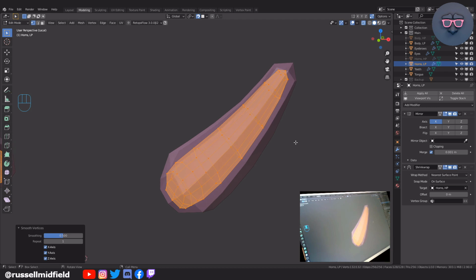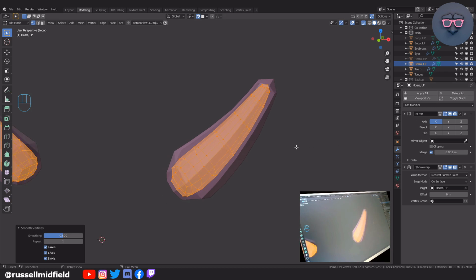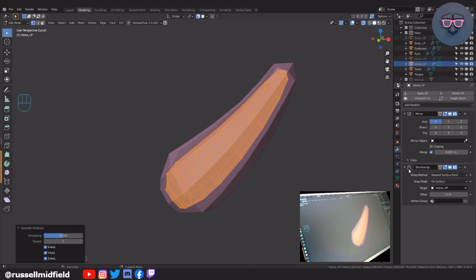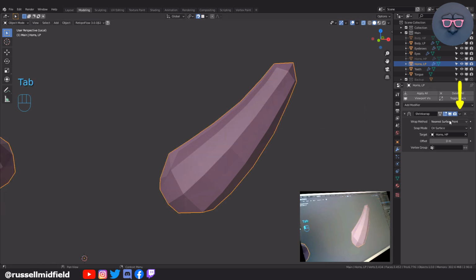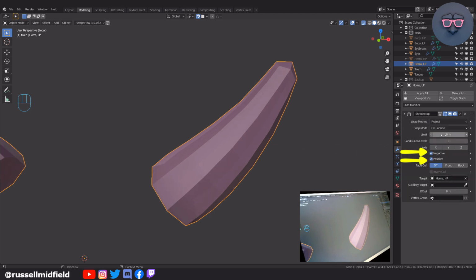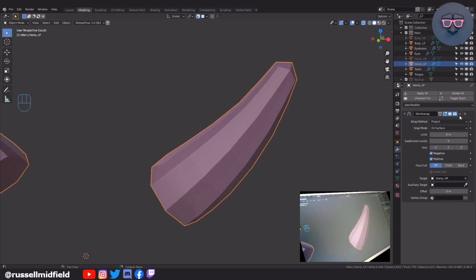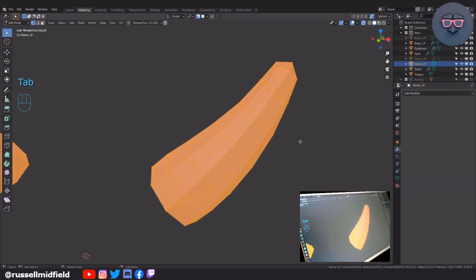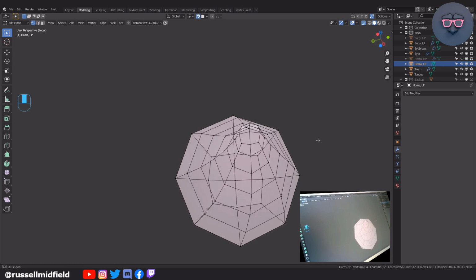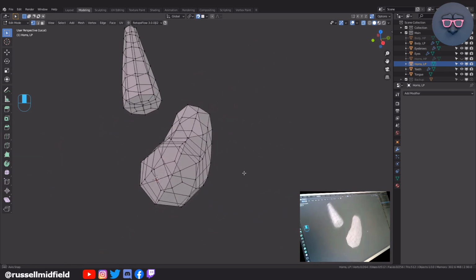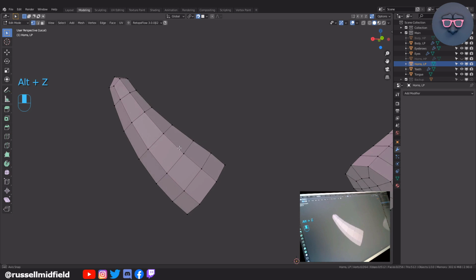The problem we have now though is the vertices have collapsed in too much. To fix this, let's apply our Shrinkwrap modifier. To make this work, make sure only the Shrinkwrap modifier is on the object. So I'm just going to apply the mirror modifier first. Sometimes I find that changing the wrap method to project and then ticking the negative and positive boxes works the best here. Now when you apply the modifier, it sets the position of the smooth vertices to the surface of the high poly object. This leaves you with a low poly object with smoother, more evenly spaced vertices than before, which are sitting right on the surface of the high poly object, which in turn will give us a better